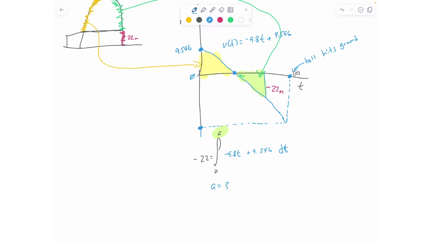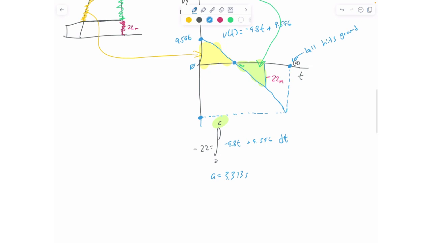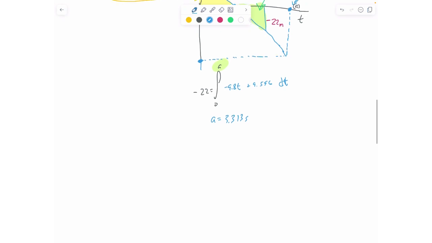Once you solve for this, you'll get a equals 3.313, and this is seconds. So we know that the ball hits the ground 3.313 seconds later. Okay, so that's cool. So if I know that, and I know the function that I have, the velocity as a function of time, so I know its velocity in y as a function of time is equal to, once again, negative 9.8t plus the initial conditions,